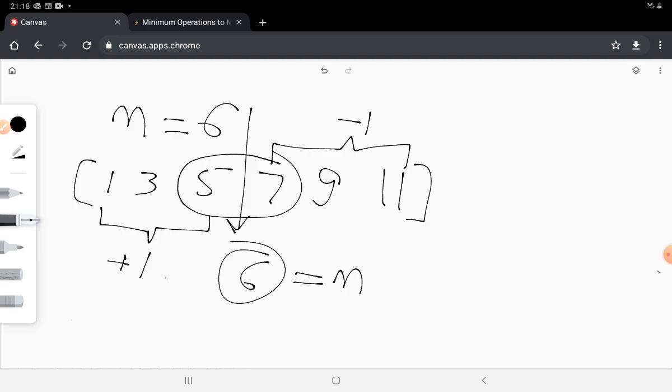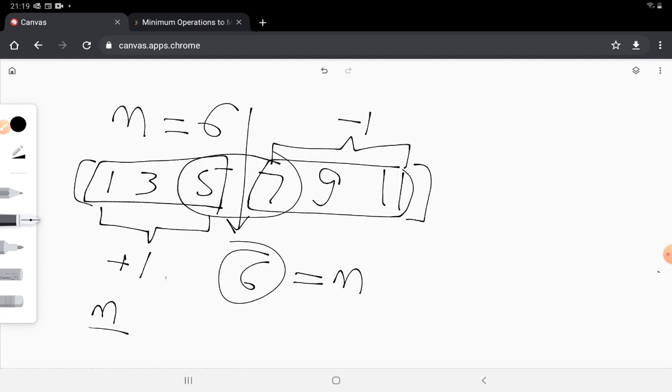Okay, so with this concept in mind, let's see how we can approach solving this. So one thing you would observe is that we have half of the elements on this side of the array and the other half on this side of the array. So we would want to move n by 2, which is half the number of elements, upwards and half the number of elements downwards. So n by 2 elements move upwards, n by 2 elements move downward.